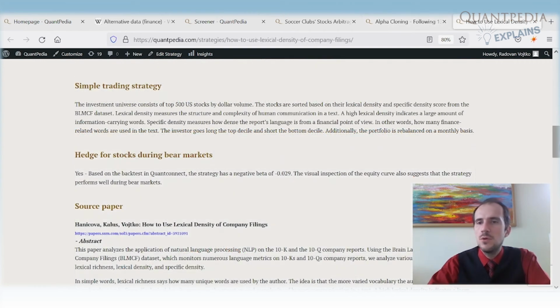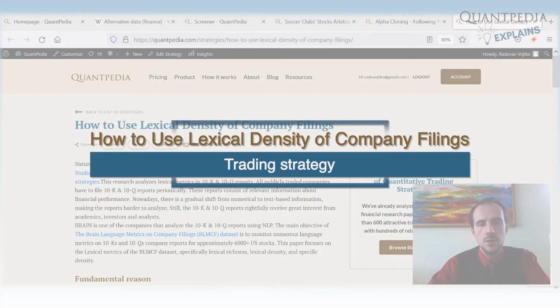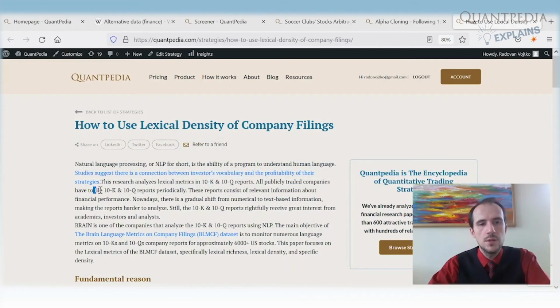Now, another example of an alternative data strategy is a strategy that uses natural language processing to analyze 10-K and 10-Q reports. All publicly traded companies have to file 10-K and 10-Q reports periodically. These reports consist of a lot of information about financial performance, etc. But usually these reports are not read a lot by analysts, and it's really hard to digest all of the reports from all of the companies in the US market. There are around 10,000 stocks in the US market, and now imagine you have one report filed every quarter. You have 10,000 reports with around 100 pages each, so you have 1,000,000 pages of reports